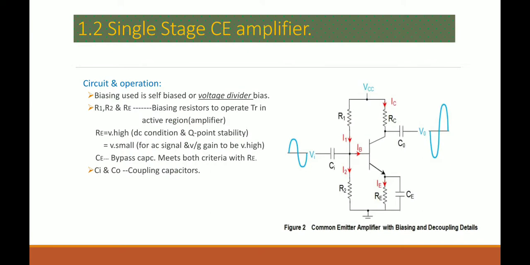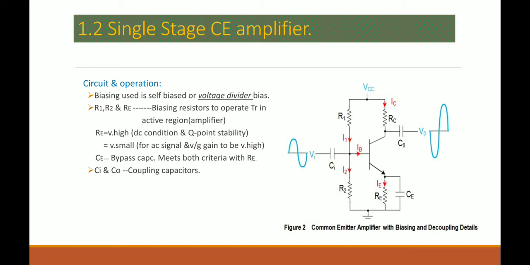Then the single stage CE amplifier. Mostly the conventionally used one is the single stage CE amplifier with biasing. And there are different methods of biasing: self bias, fixed bias, potential divider biasing. So here R1 and R2 are used, that is a potential divider. The VCC supply is divided between R1 and R2,